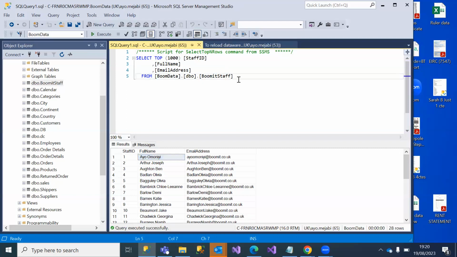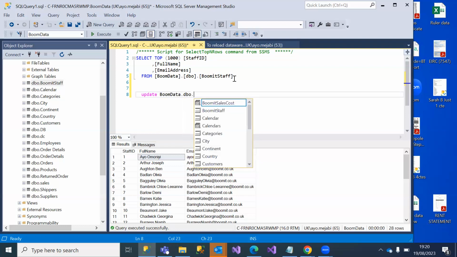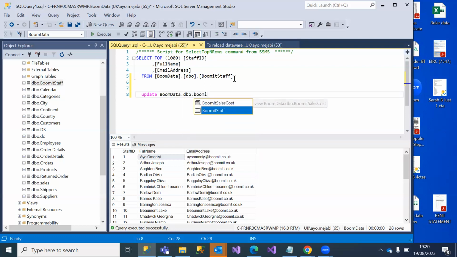I want to change that name, so I'm going to say update boom data.dbo.boomIT staff, and I'm going to say set full name